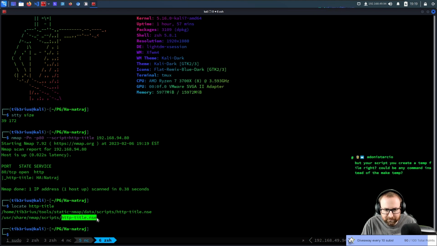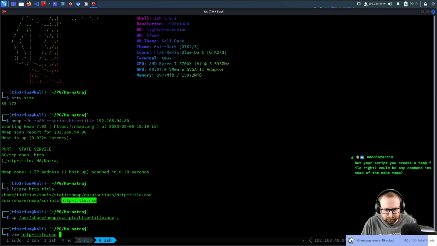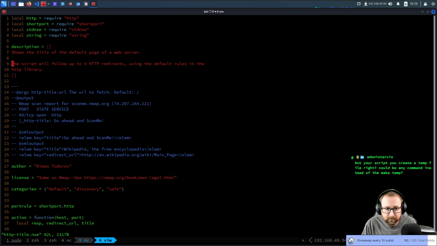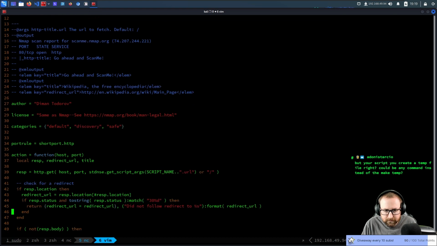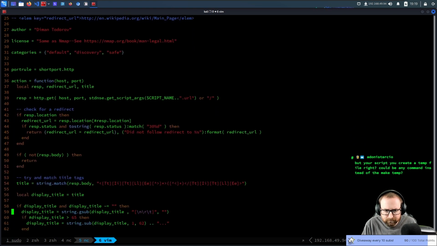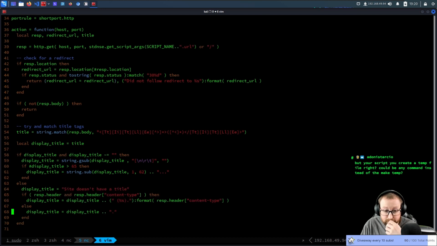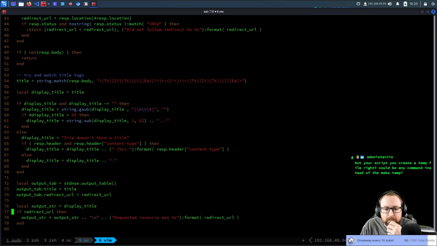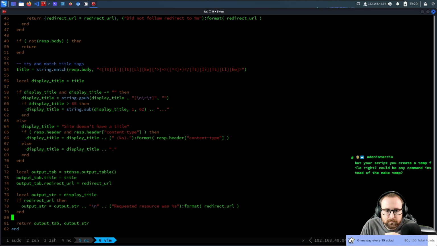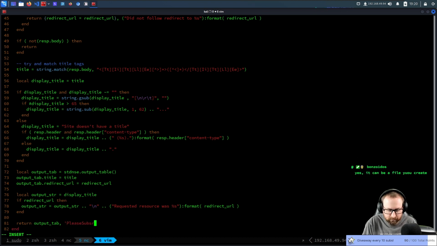But if I copy this to here, and I edit this file. What do I want to do? Output. So instead of an output string, we're going to return